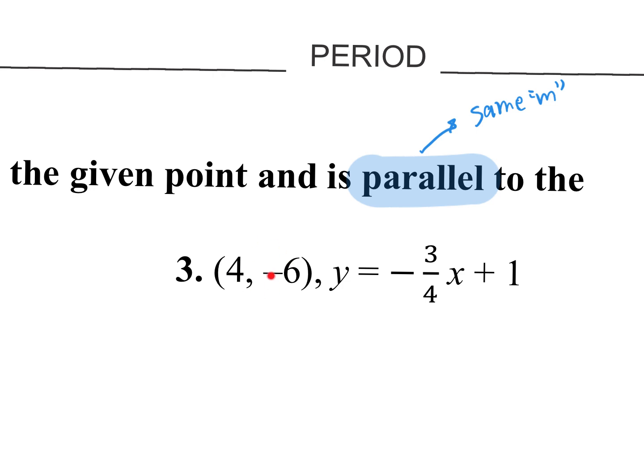So they give you a point and indirectly they give you a slope. Like if we were doing number 3, which we're not going to do right now, but if we were doing number 3, what slope is parallel to this equation? It'd be this exact slope, -3/4, because parallel means same slope. So you would take the information that your slope on your equation is going to be the same exact thing as this one. Make sense? Okay. And then you would have a point like x1, y1, and you could jump into point slope form or you could jump into slope intercept form. And we'll get to some of those examples, but